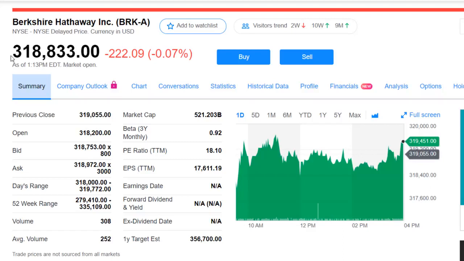So when you don't do a stock split and your stock just keeps continuing to rise in price, then you may look up and see that your stock is at $318,000 for one share of stock. Well, if you look at Nike, who has done 7 stock splits, and they're almost at $100 right now, they would be a pretty expensive stock as well had they not done those 7 stock splits. So this is just why stock splits exist.